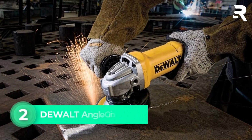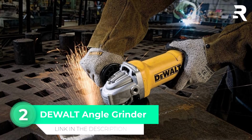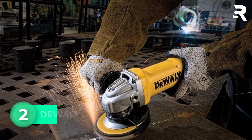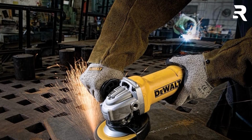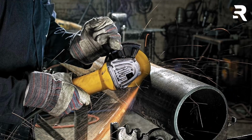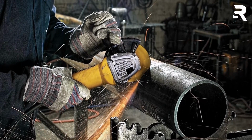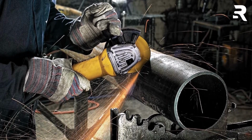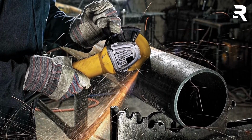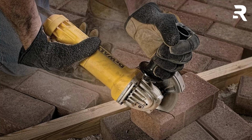Number 2. DeWalt Angle Grinder. The DeWalt Angle Grinder is a powerful, reliable option designed for professionals and serious DIYers alike. Constructed from durable plastic and metal materials, this grinder is either made in the USA or imported, ensuring a high standard of craftsmanship. One of its standout features is the next-generation 11-amp AC/DC motor, capable of reaching 11,000 RPM, delivering